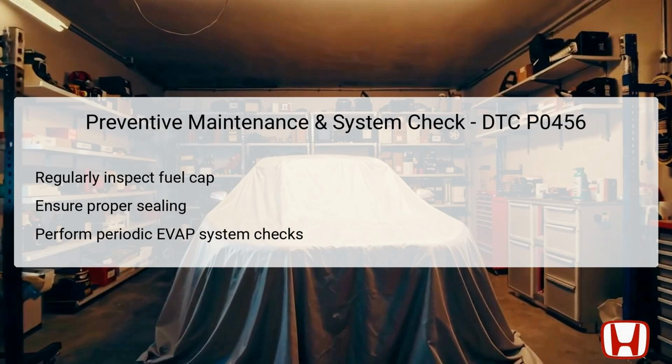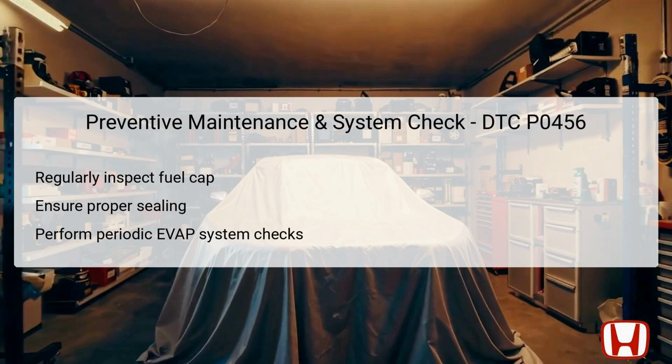Preventive measures help avoid recurrence of the DTC P0456 in your Honda Accord. Regularly inspect the fuel fill cap for tightness and proper fit, replacing it if any deterioration is evident. Maintaining the EVAP system components, including hoses and canister, ensures long-term sealing and prevents leaks. Conduct periodic emission system tests as part of scheduled maintenance to catch potential issues early. This proactive approach preserves vehicle performance, reduces emissions, and helps prolong the lifespan of EVAP system components, ensuring compliance with